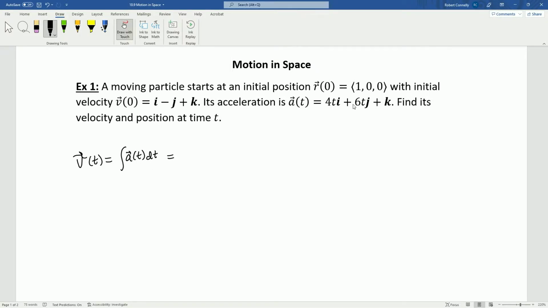And of course, we can integrate that component by component. So that gives us 4t squared over 2, which is 2t squared i, plus 6t squared over 2, which is 3t squared j, plus 1k integrates to tk,